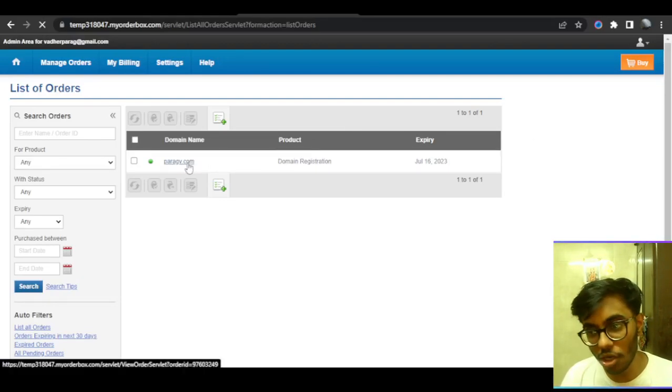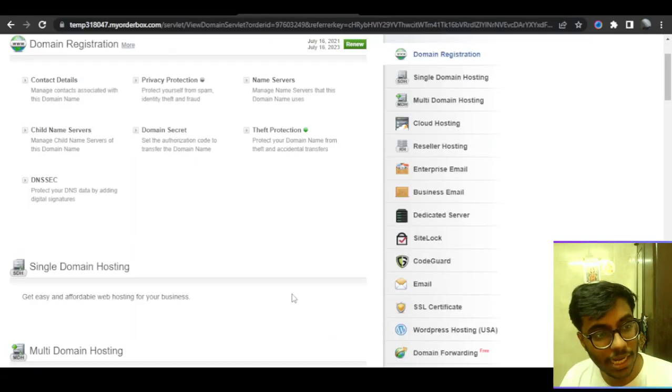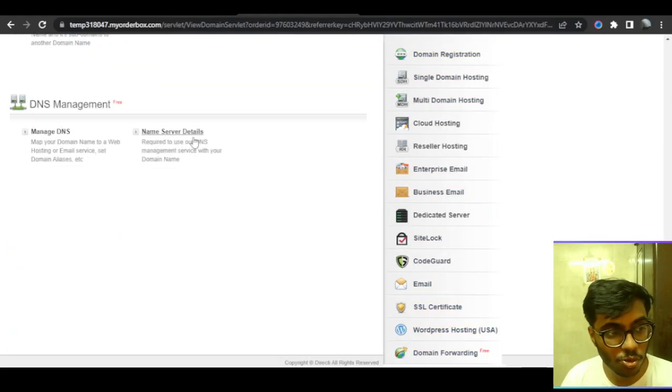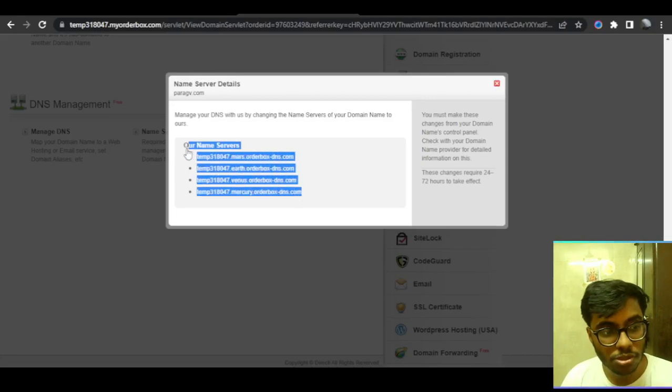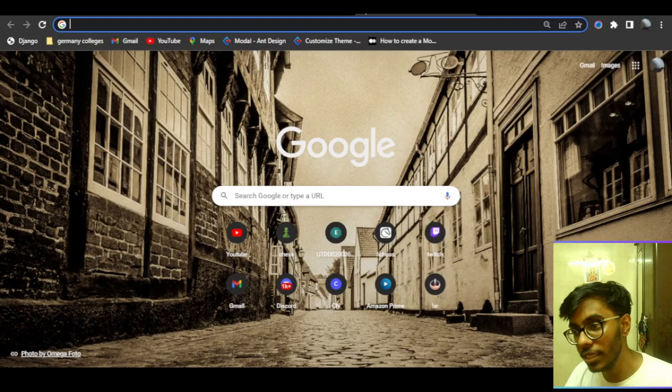On all domain registrars, you will get a name server section. Usually on this website you will get the name servers that they provide you with. You can use them and use the DNS zone that they offer. This manage DNS section is their DNS zone, so you can use this, or you can set up your own name servers. Now for AWS you need to have